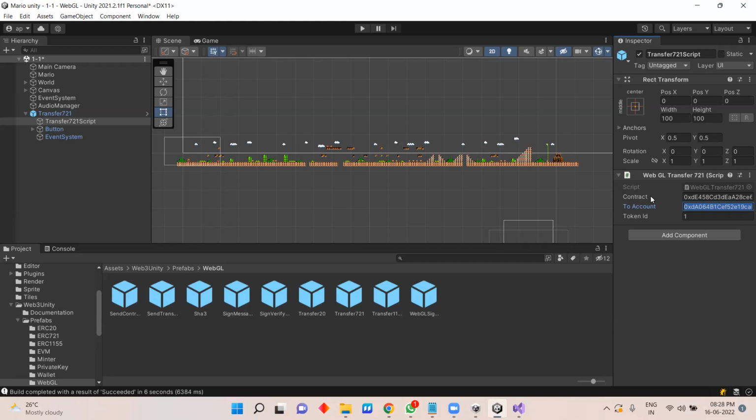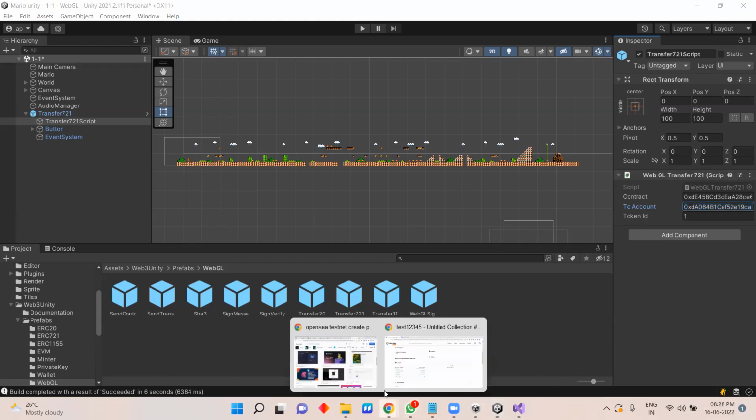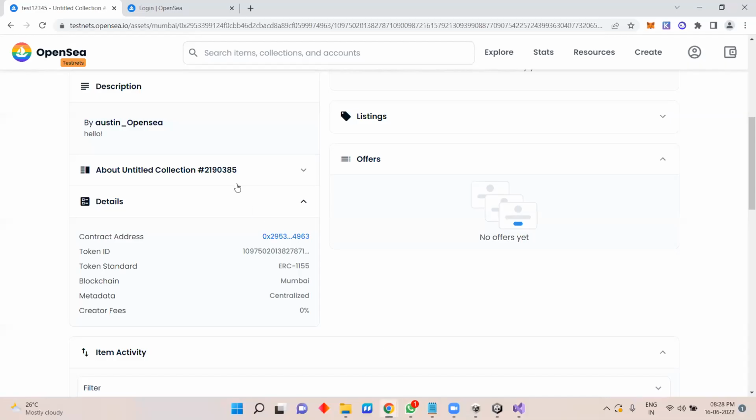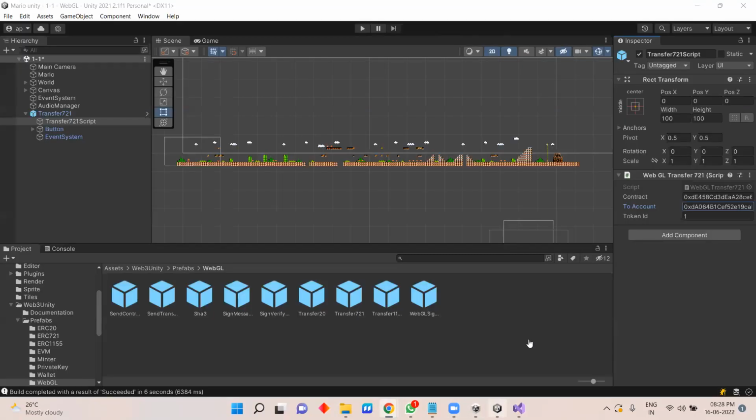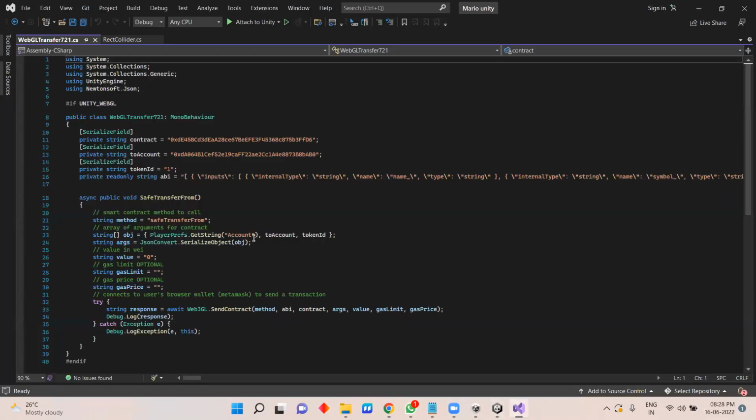So I'll just make a small change in the code. And the token ID is also from the OpenSea marketplace. We'll have to get the token ID from here and the contract address as well. So what I'll do is I'll just go back to Unity, open the WebGL file. And here at the to account, you can just simply remove the wallet address